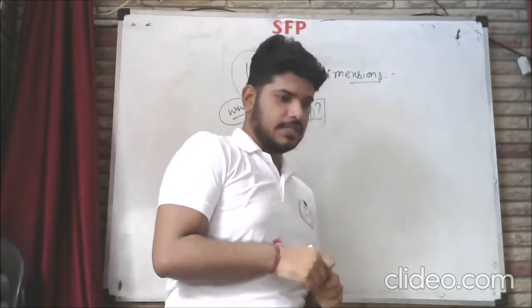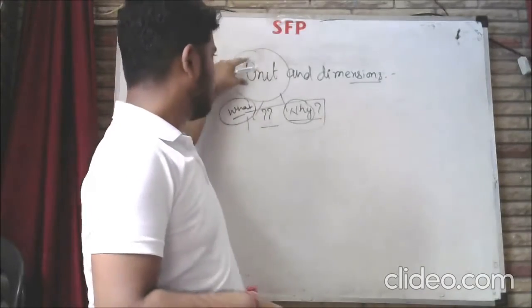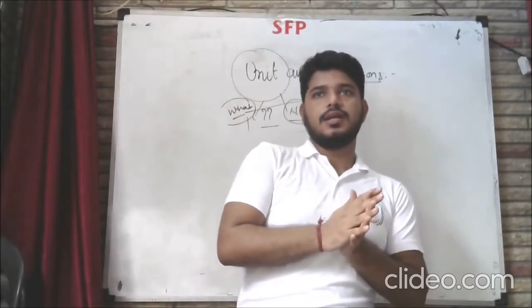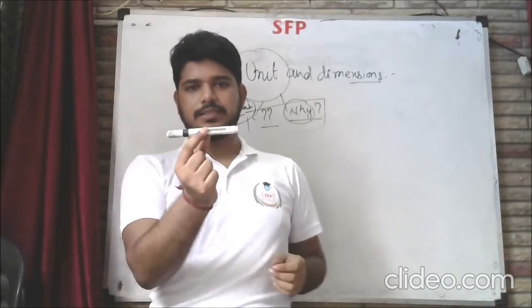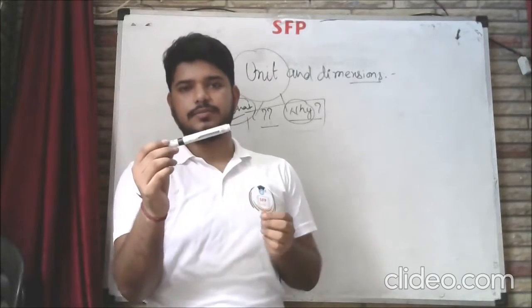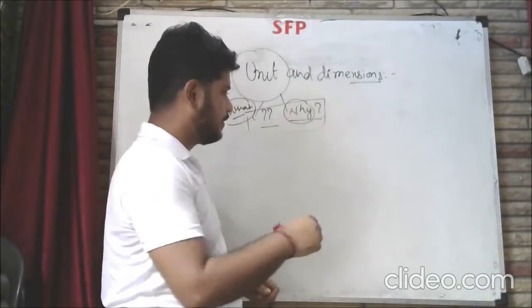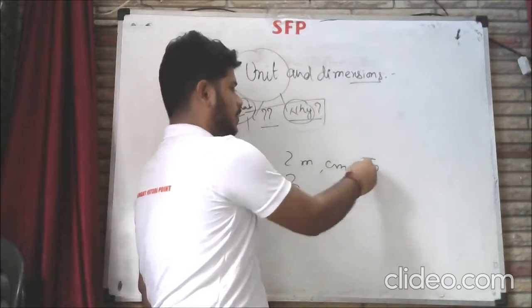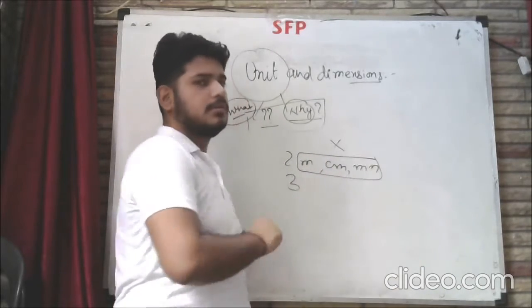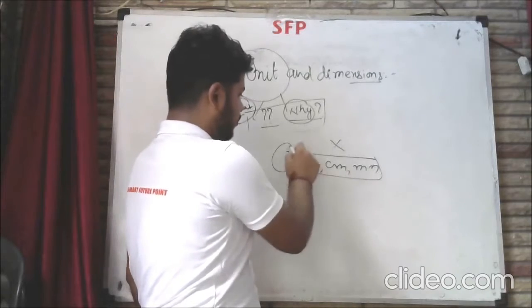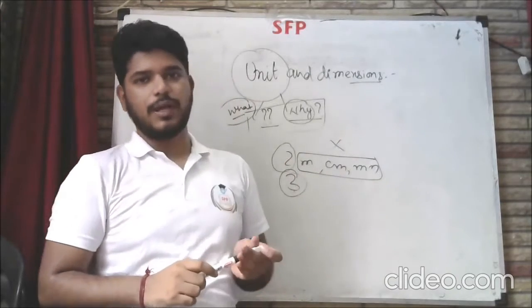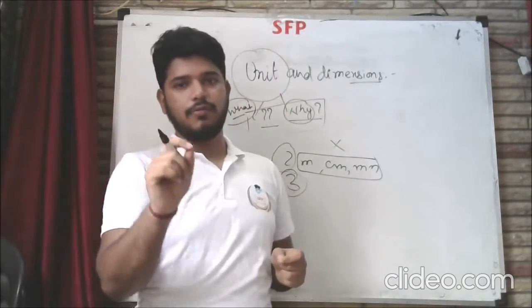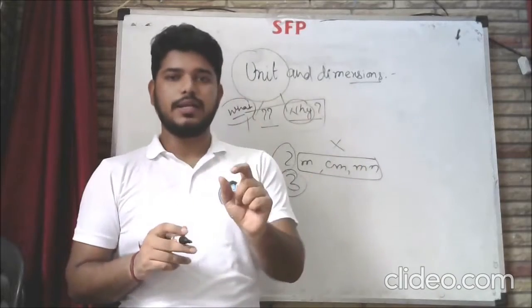So let's start with the topic unit. First question: what is the need of a unit and what is it? Let's suppose I am giving a condition. You have to measure the length. I will ask what is the length of this marker. You can say any number like 1, 2 meter, centimeter, millimeter. Suppose there is no unit, how can you use 2, 3, 4 to define a particular length? So unit is important to define any amount or quantity of a substance.